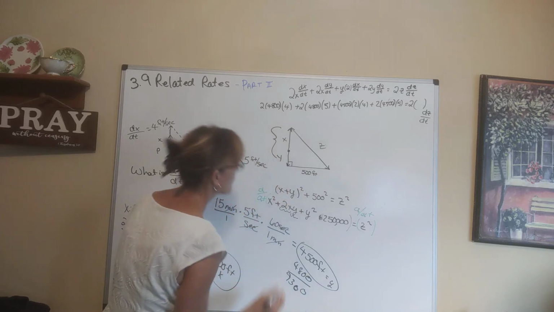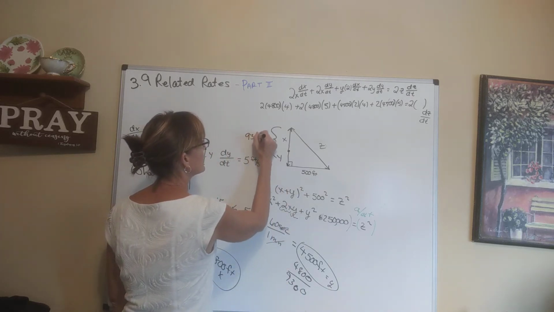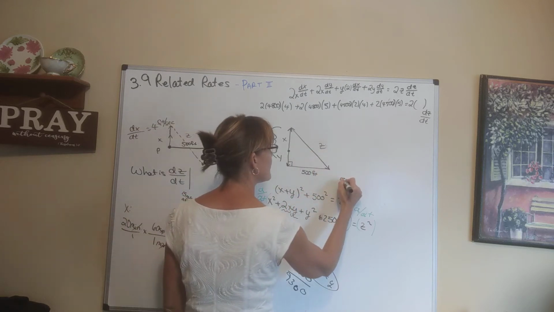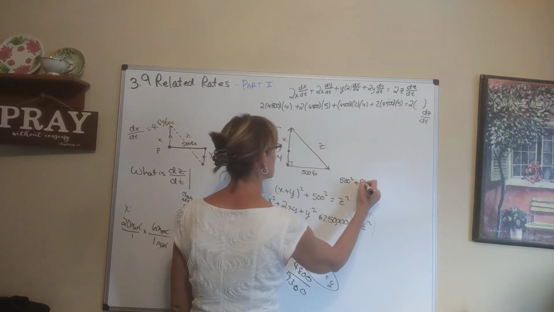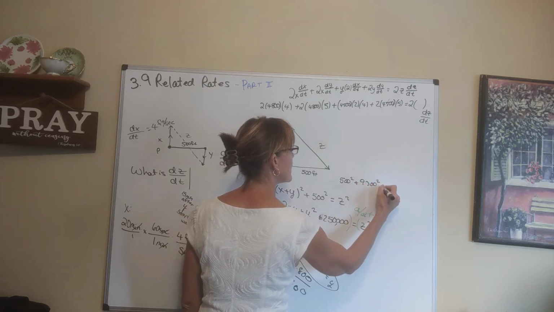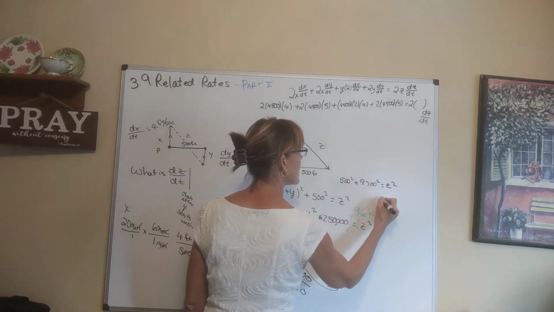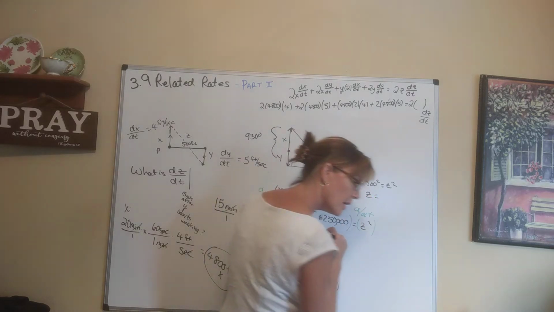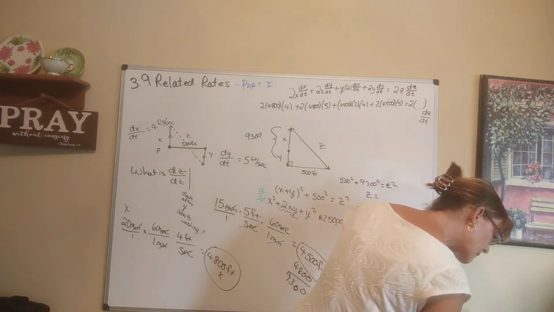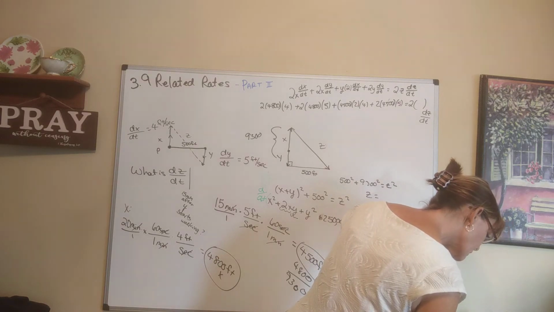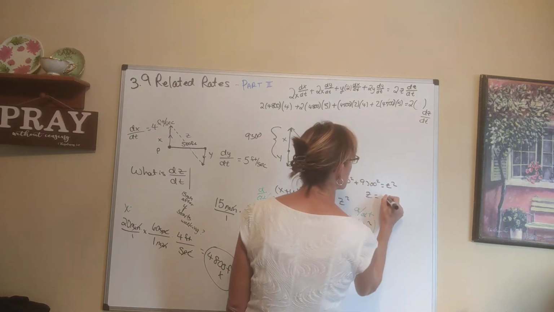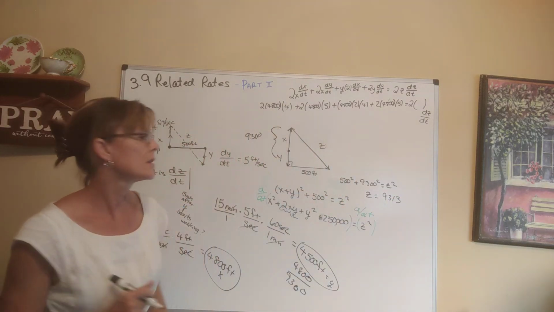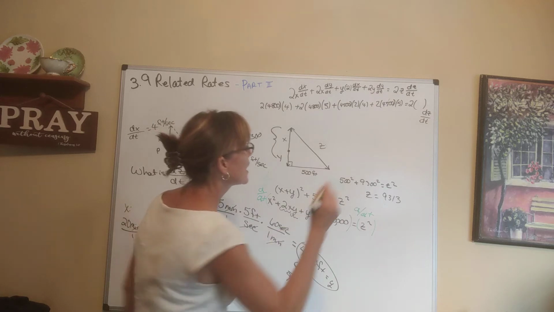9,300. So this is 9,300. I can use the Pythagorean theorem to figure out z. So I say 500 squared plus 9,300 squared is equal to z squared, and I get that z is equal to the square root of something, but let me see what I wrote it as. Oh, I rounded it to the whole number, 9,313. That's what I did put in there for z. So 9,313 feet,